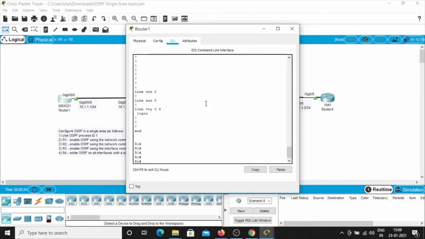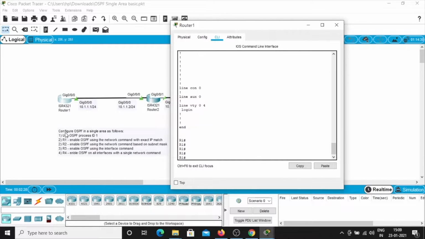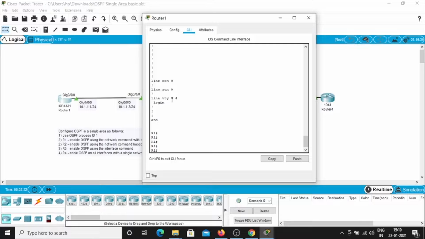So now, firstly we have to use OSPF process ID as 1. So we are going to type configure terminal, router OSPF 1.